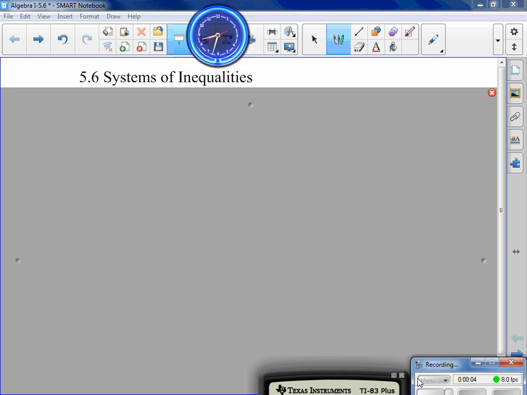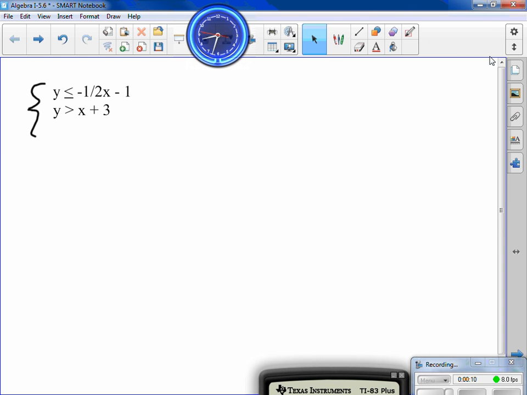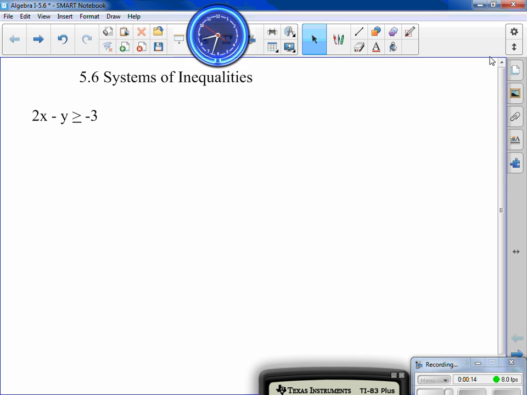Today's lesson is 5.6, Systems of Inequalities. Yesterday we dealt with problems like this, where when we graphed,